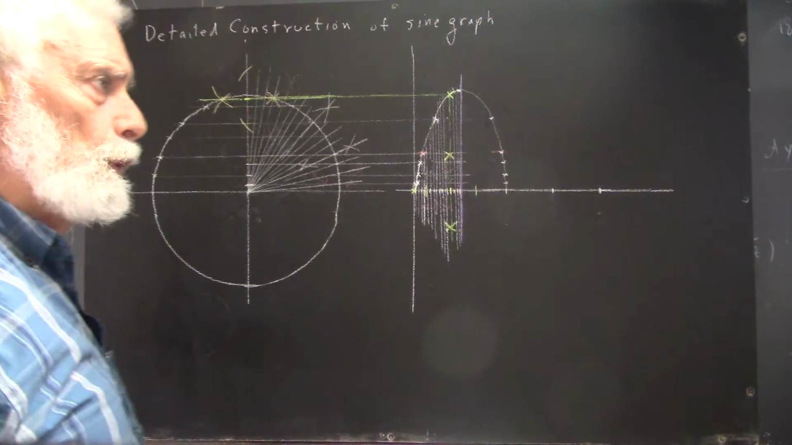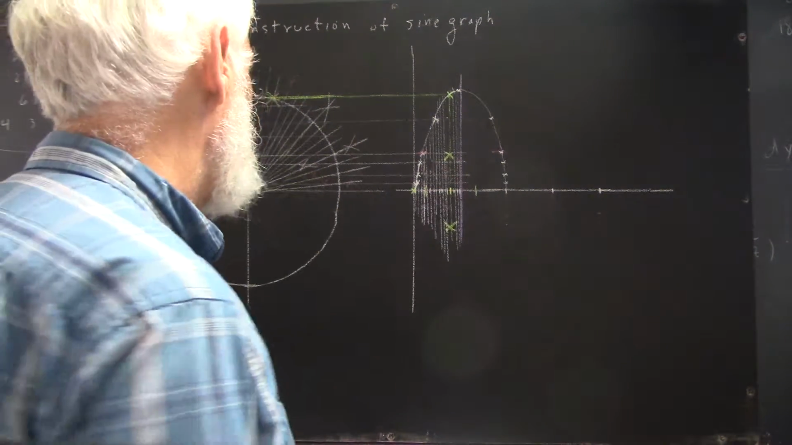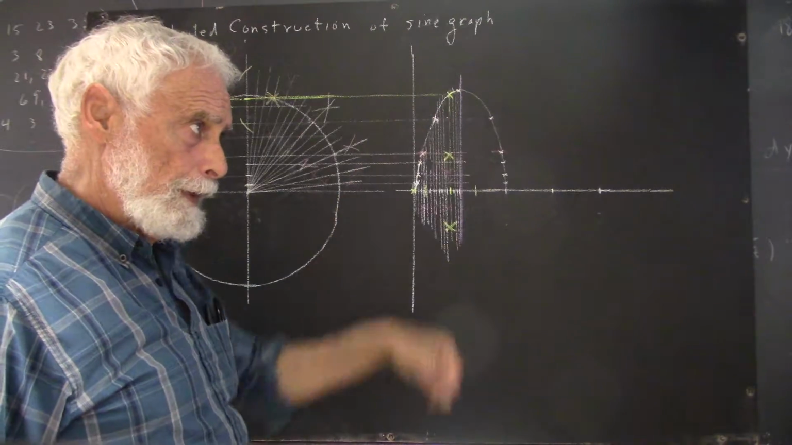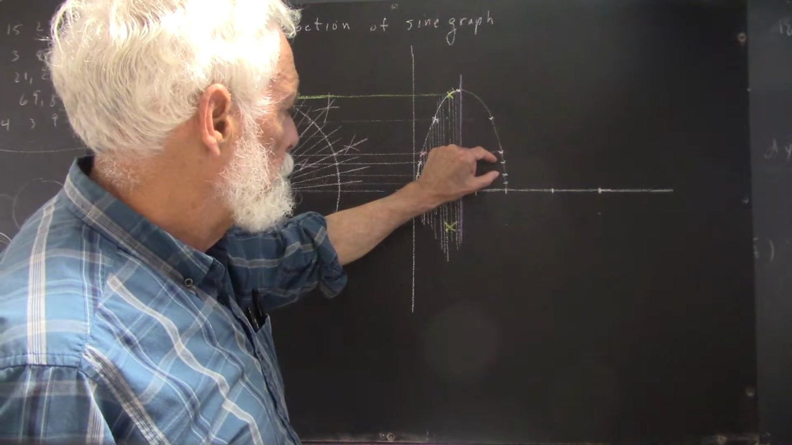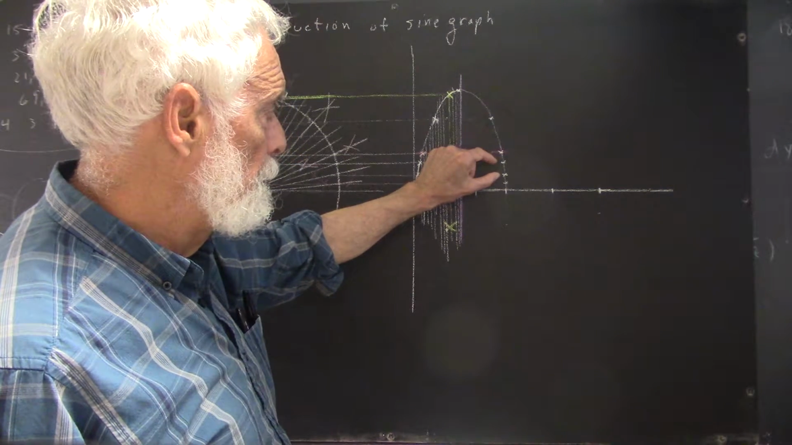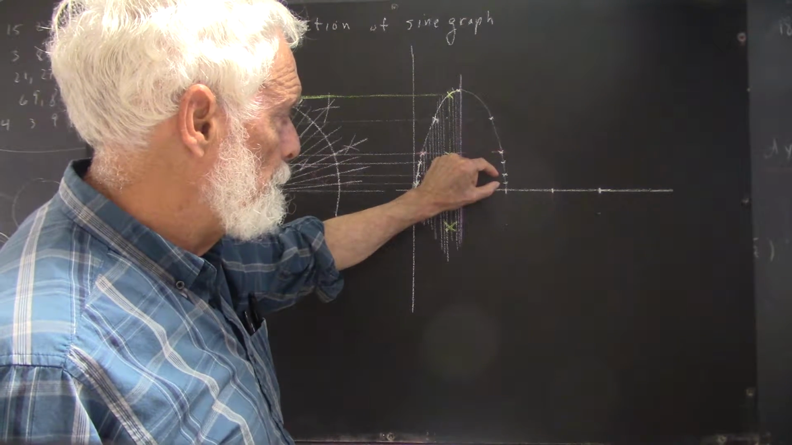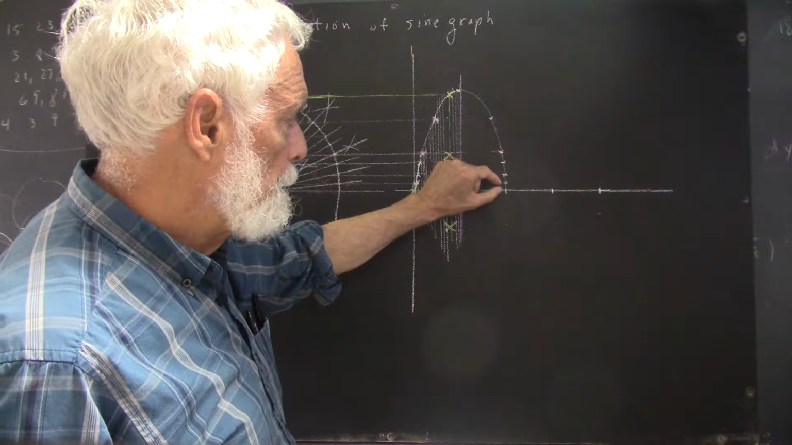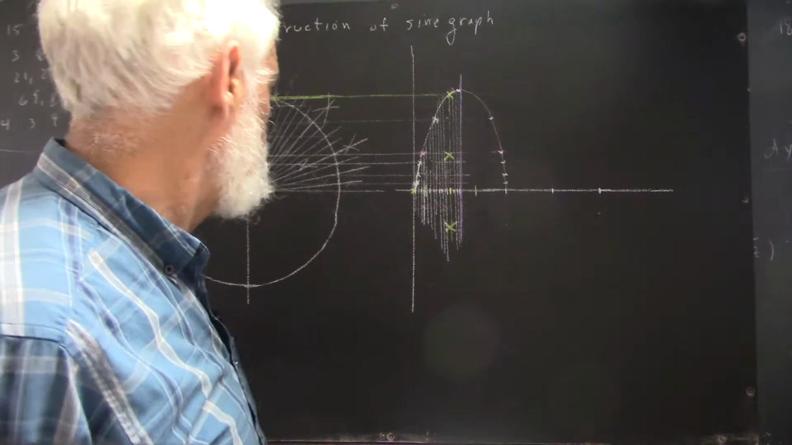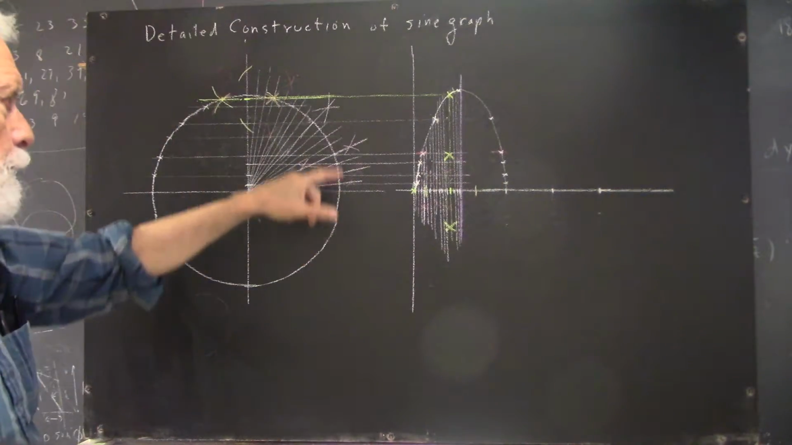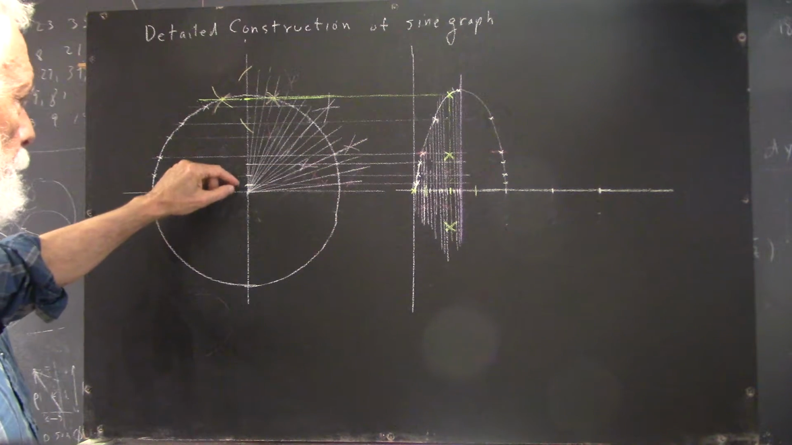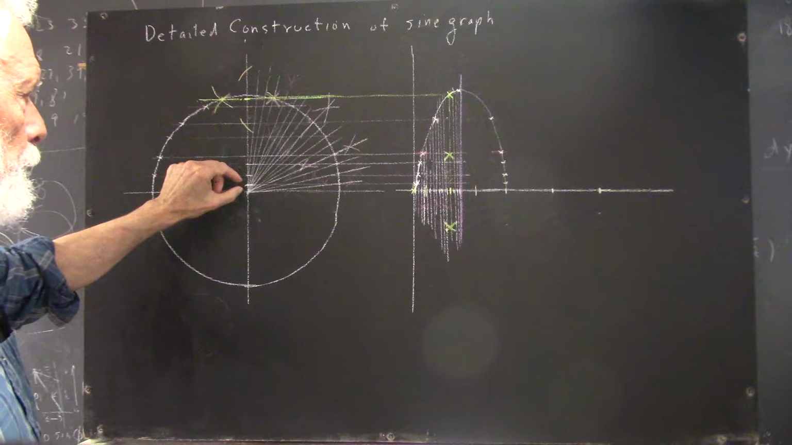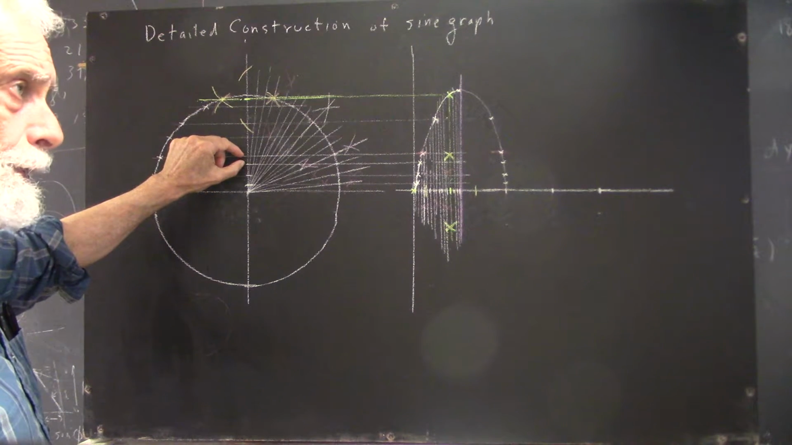Now let me point out one glaring shortcoming of the graph as I've constructed it. This distance between these points appears to be greater than the distance between these points, and the distance here seems to be greater than the distance here, and that is absolutely not what will occur. If you just think about the geometry of the circle, you'll see that the spacing between these points has to